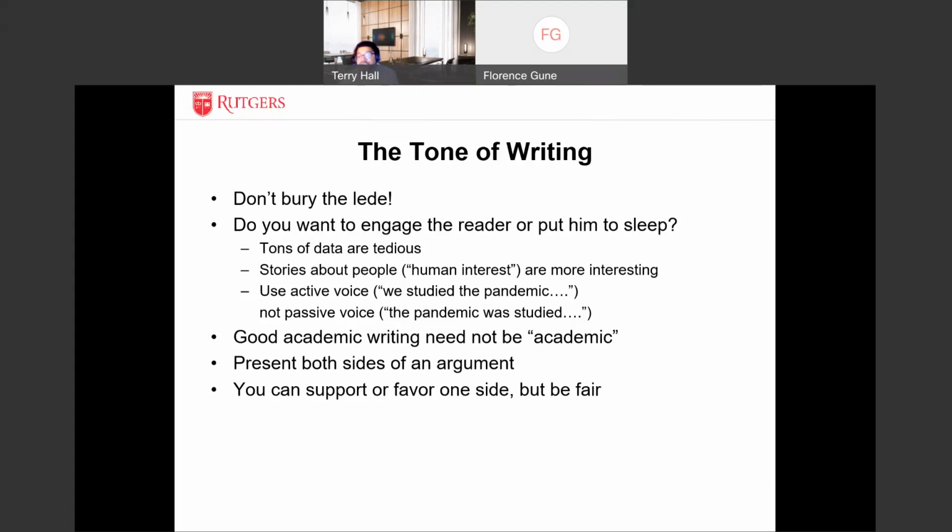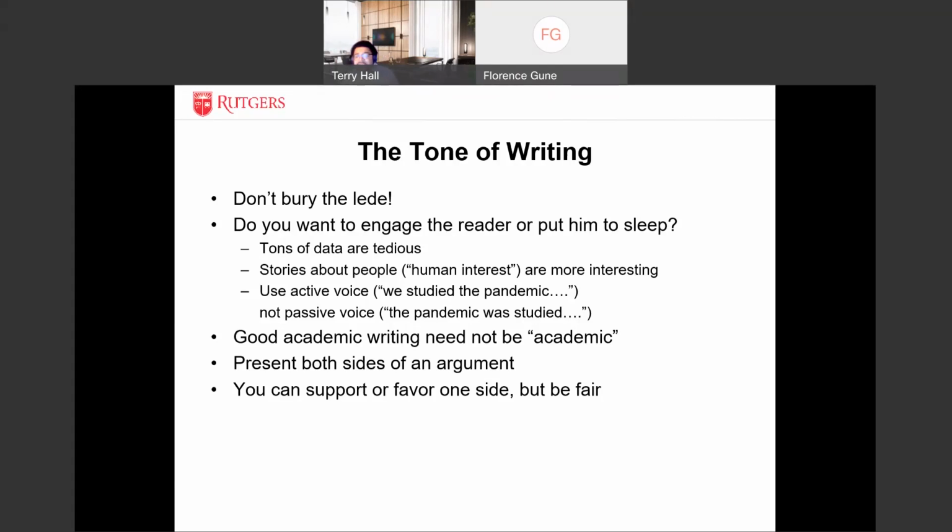So you should ideally be able to explain a public administration concept to a person who's not necessarily in the program or doesn't necessarily understand the intricacies of public policy. However, at the same time, you should still be able to explain that same concept to your professor or your colleagues or your bosses.